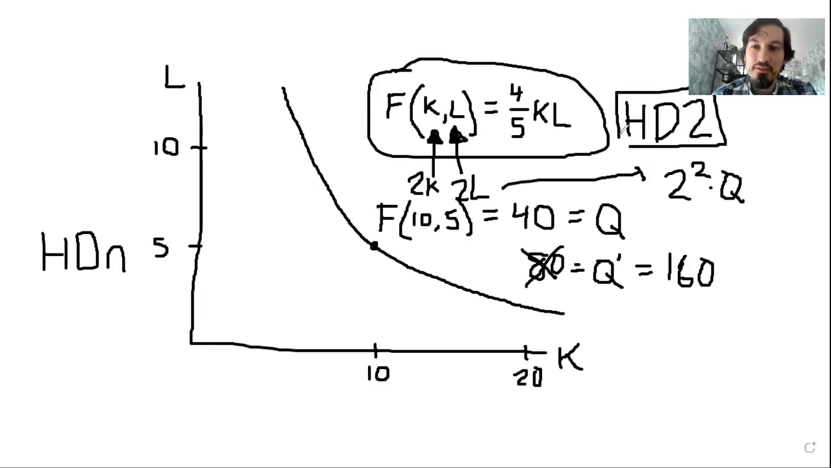So I have some slides here. We'll explain homogeneity a little bit better. But a lot of production functions in economics have this property. It's a nice property, and it's called homogeneity. Okay, so we're going to talk about